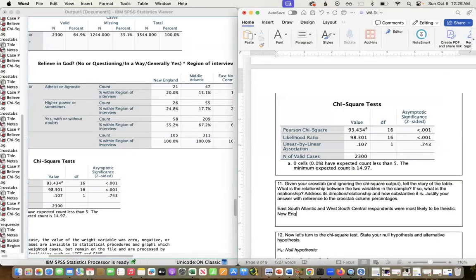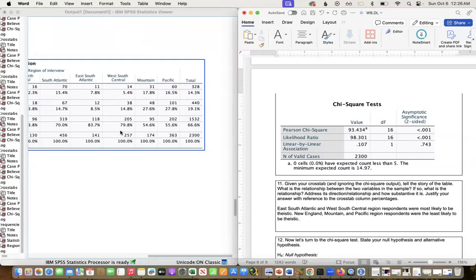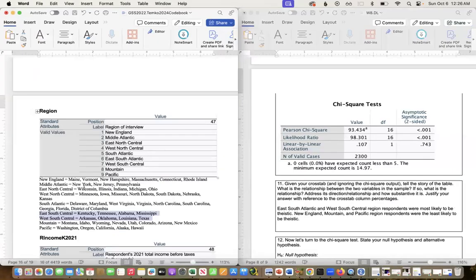So it'd be New England, Mountain, Pacific region respondents were the least likely to be theistic, right? To believe in God, with or without doubts. And we can see that's folks that are in Maine, Vermont, New Hampshire, Massachusetts, Connecticut, and Rhode Island. In Montana, Idaho, Wyoming, Nevada, Utah, Colorado, Arizona, and New Mexico, and in Washington, Oregon, California, Alaska, and